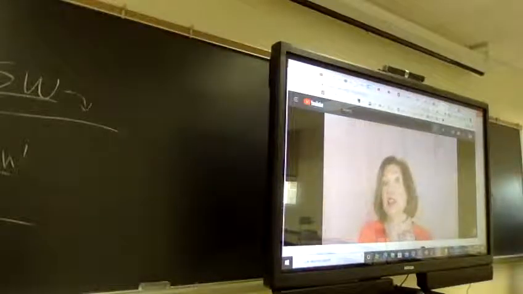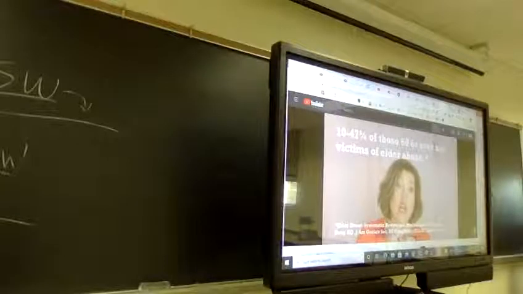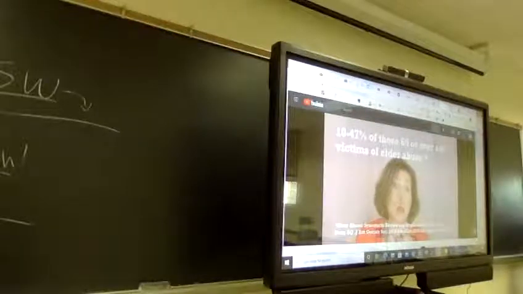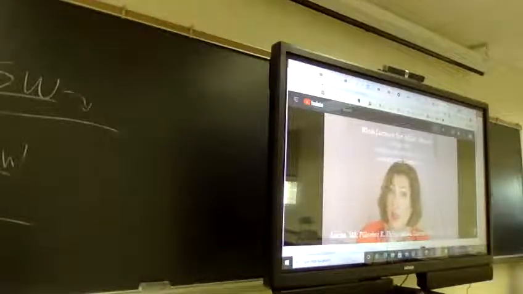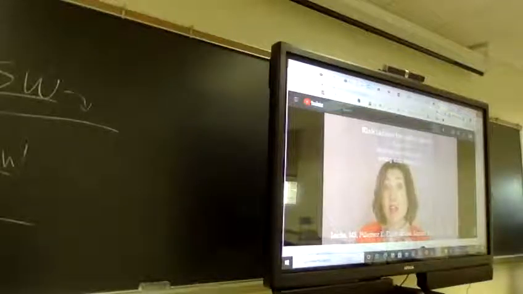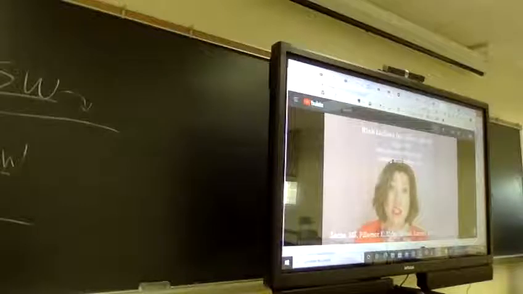A 2015 study of the prevalence of elder abuse found that about 10% of people over the age of 65 in North and South America were victims of elder abuse. That number went up to about 47% if somebody was living with dementia. There are risk factors for elder abuse. If a person's over 80, if they have cognitive impairment, if they have more disability, that can increase the risk that a person will have elder abuse inflicted on them.